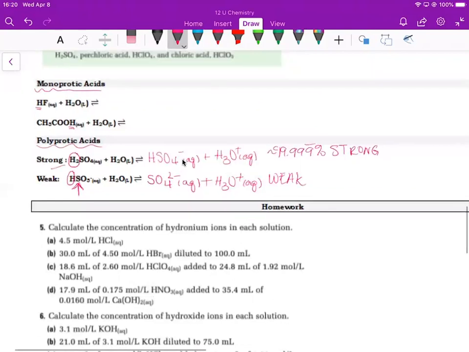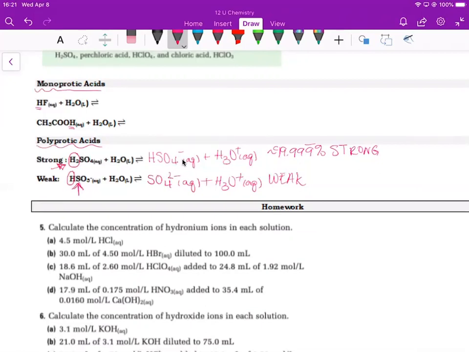Whereas with sulfuric acid, H2SO4, a neutral compound losing one positive proton is going to happen 99.999%. Okay, neutral and positive, yes, they're attracted, but it can easily be pulled off. So the first dissociation acts as a strong acid. It happens pretty much to completion, whereas the second dissociation acts as a weak acid and it happens only